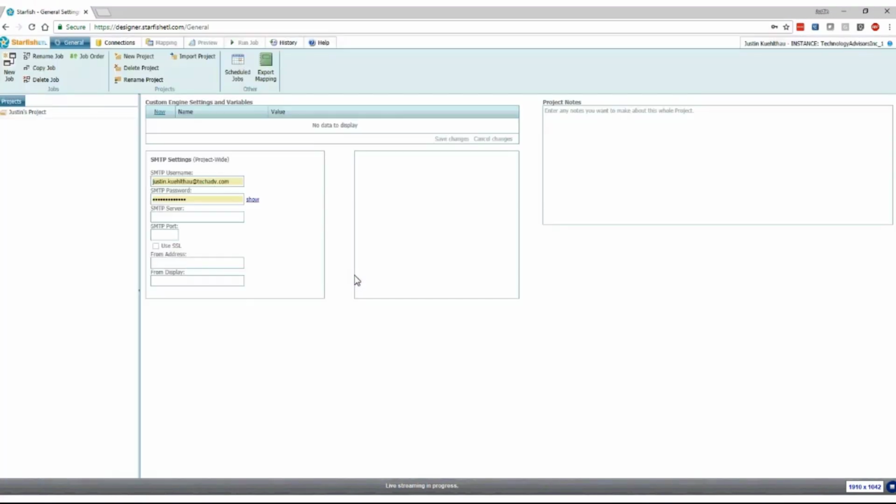Once you've created a new project, the General tab will update with some more information. Your custom engine settings and variables, SMTP settings, as well as project notes. These are project-wide settings and variables that apply to your entire project. If you were to add a job to this project,